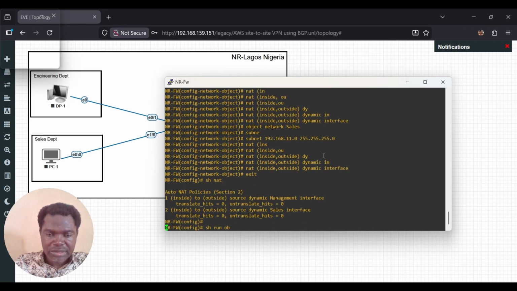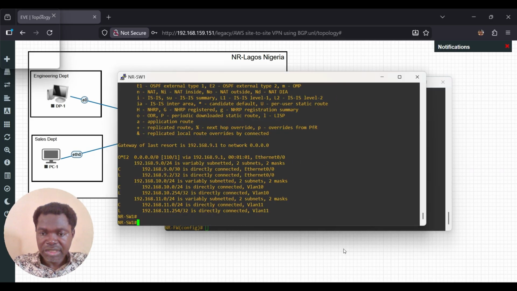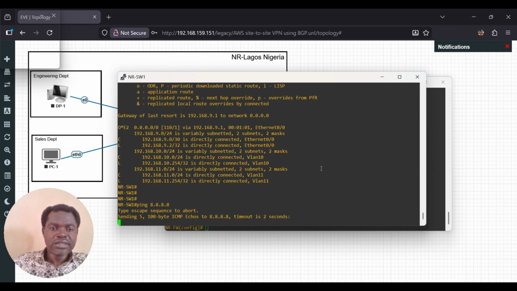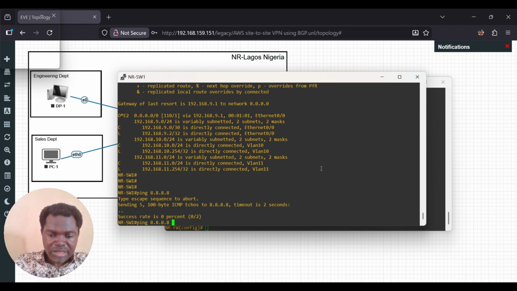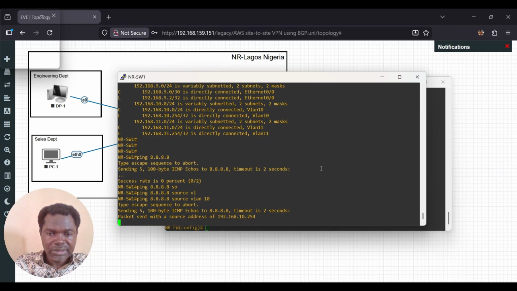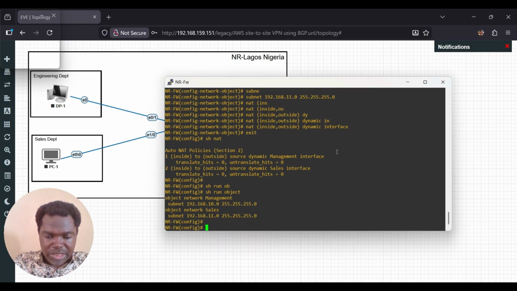So run objects, fantastic. So now let me check from the switch. Open the internet. It says no because it did not give me access. What if I source it from VLAN 10? Okay, I know. The issue here is the firewall.